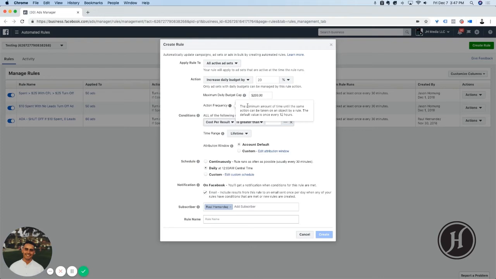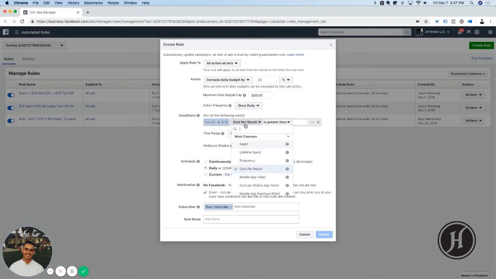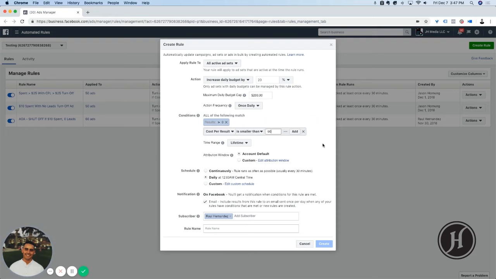$200 and the action frequency. So it'll scale this once daily. It'll do it on your behalf. So what are the rules that need to happen? If your results are greater than 0 and if your cost per result is smaller than, let's say you're doing e-commerce and your CPA is $60,